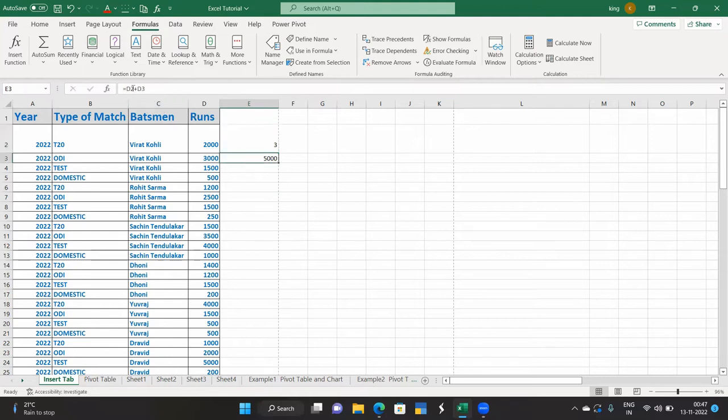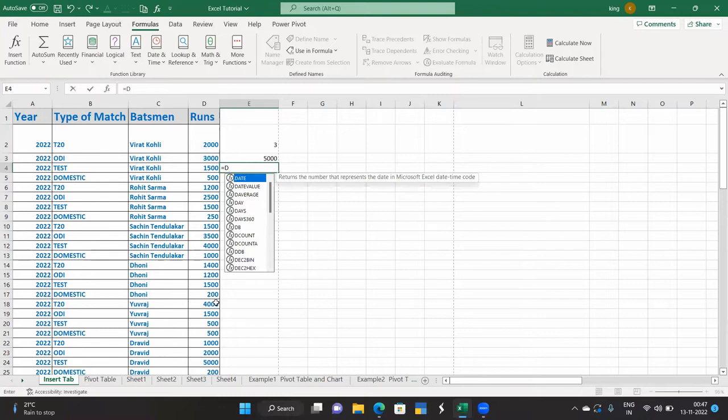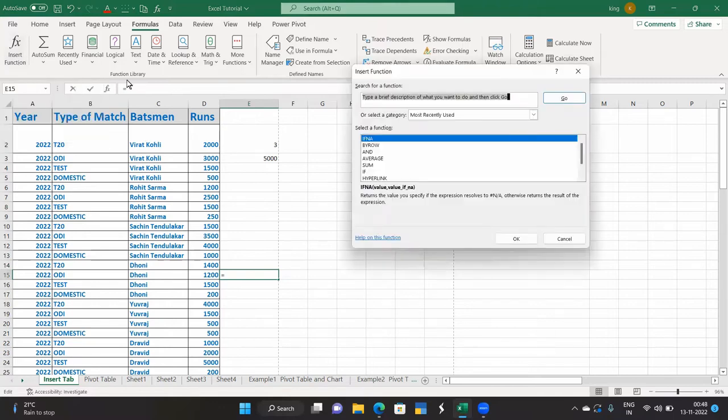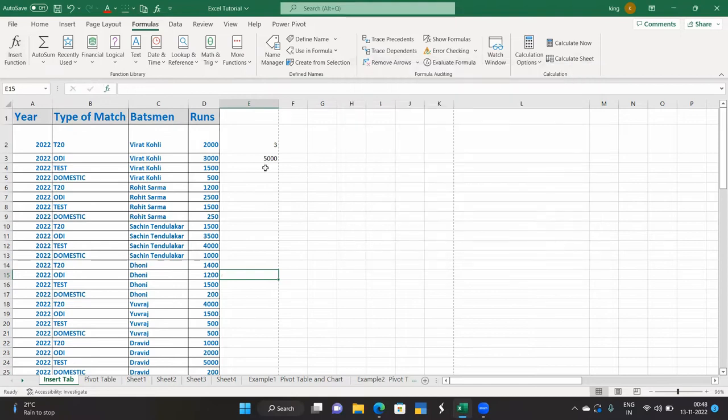Here references are used. Instead of that, suppose if I think about using a range of values, I have to simply select it. Range of values can also be added in formula by simply using drag and drop technique. Now, when we talk about first option, that is insert function,